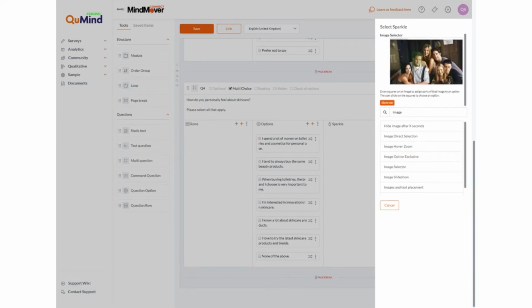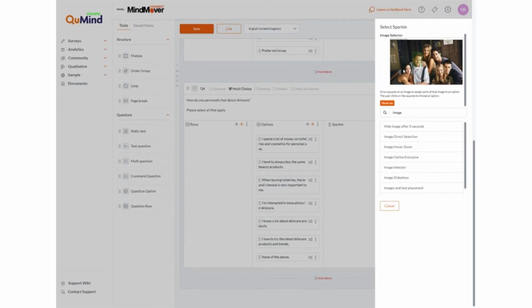In this case, we have this particular preview. So in the library, you can see a preview of the question type. You can even click on Show Me and see what that question looks like. If you wish to incorporate this interactive question into your survey, you can simply click on that question to gain